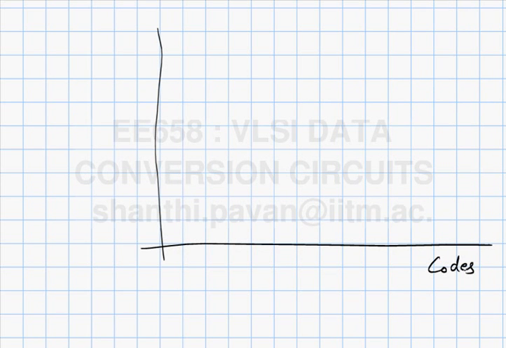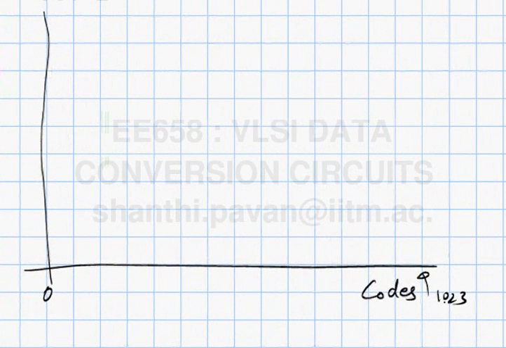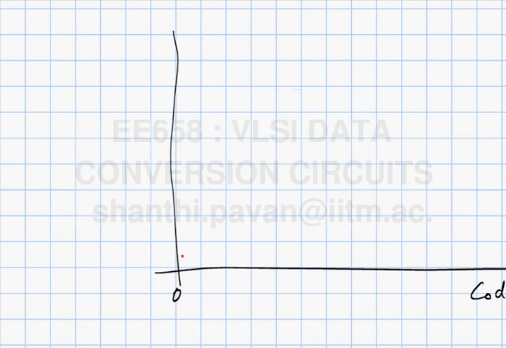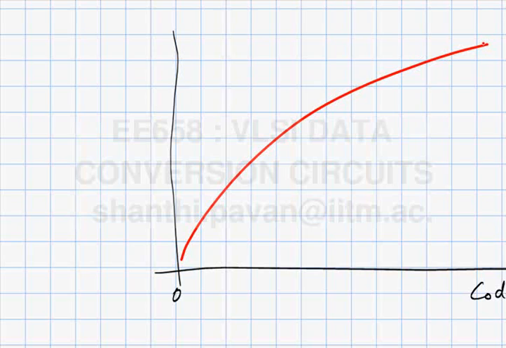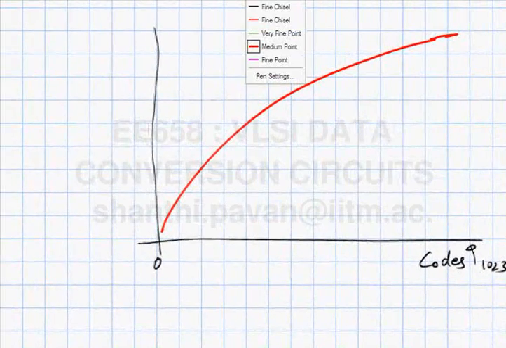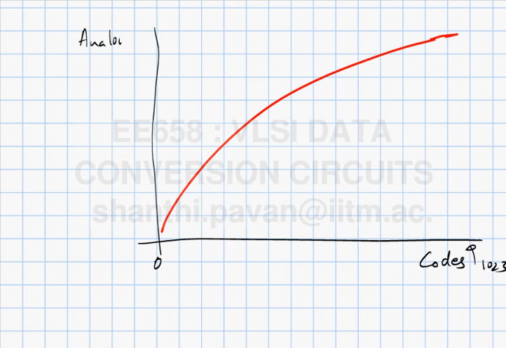If for example you took a 10-bit D2A converter, the codes will run all the way from 0 to 1023, right? And for each code you will have one analog output, and you perhaps would get, let's say, something like this. I mean, this is not really a curve, it is just one dot for every code, alright. If you have to compute the DNL, INL of this output,